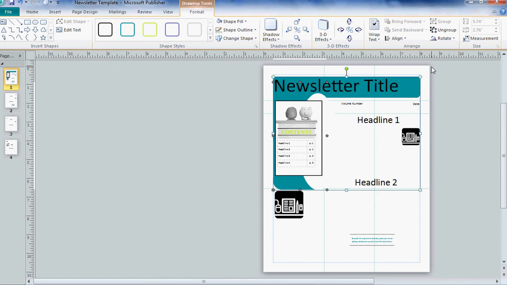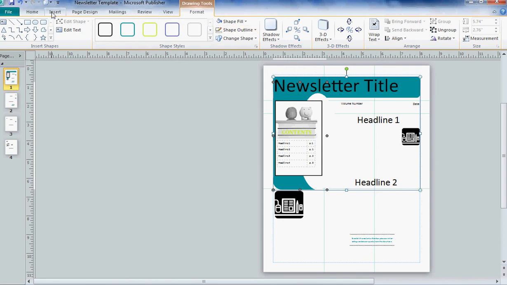Honestly, I don't like that top part, so I have a couple of choices. I can either draw another rectangle of that color, or I could continue to play around with my oval until I got it exactly the way I want it. This is almost the way I want it. I know if I make that oval shorter in length, it's going to change the way it's cut out. I like the way it's cut out right now. So I think what I'm going to do